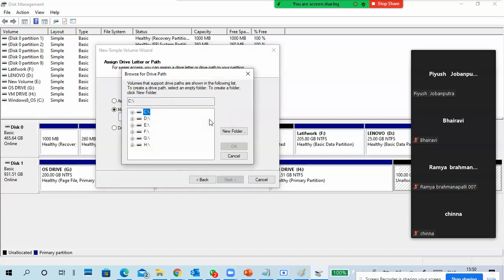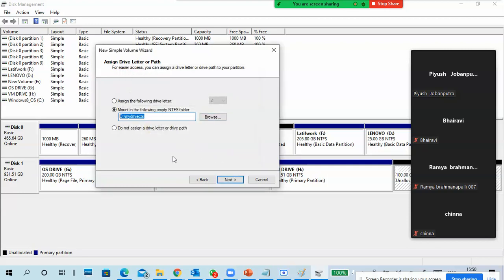Now I'm going to browse, go to D drive, and find where I created it, or you can create it from here also, no problem. D drive colon my drive CTS.